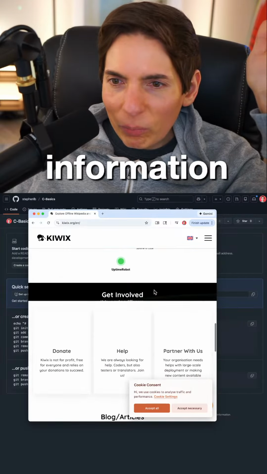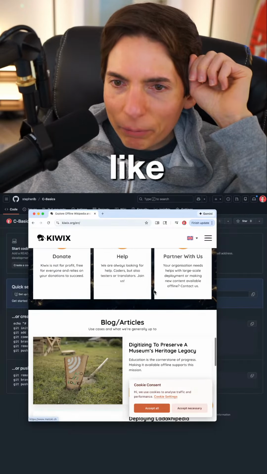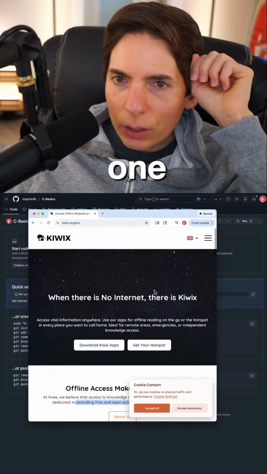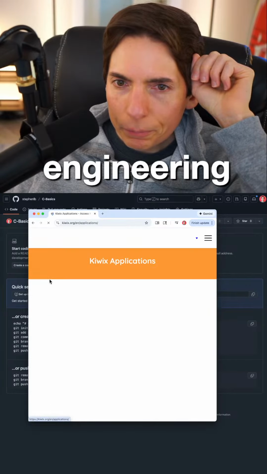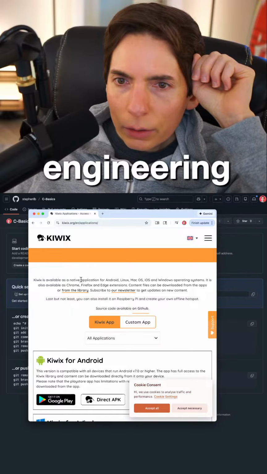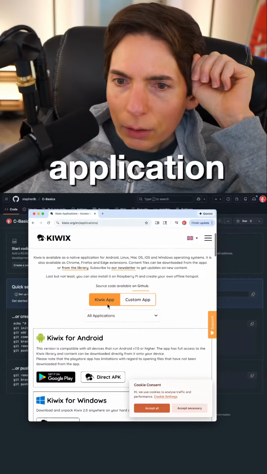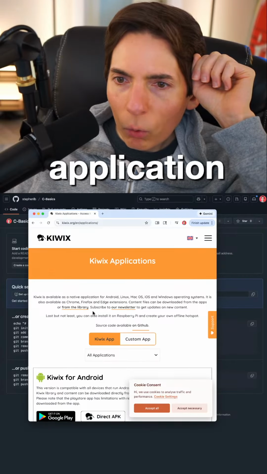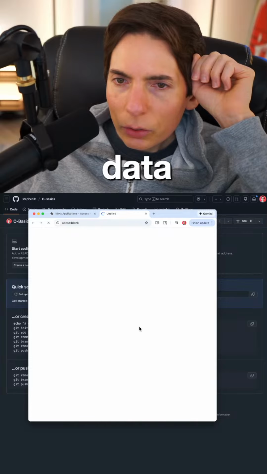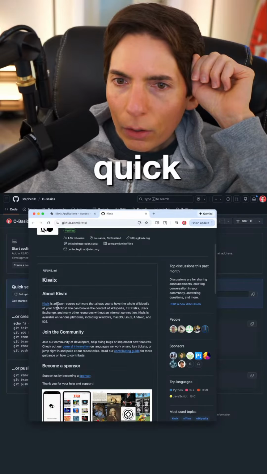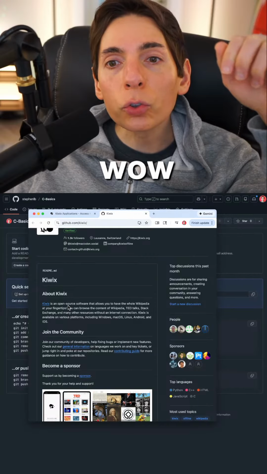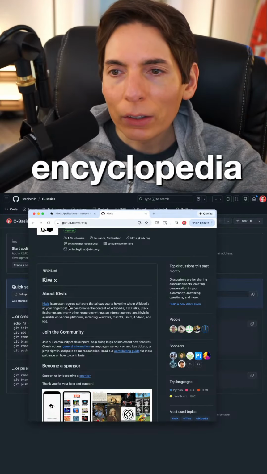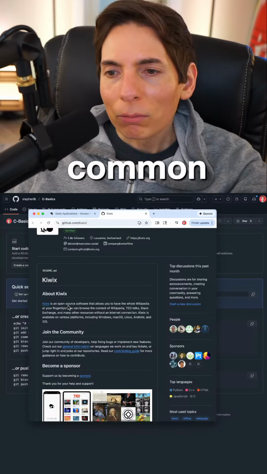Just any information? Like, what is it? Because the other one, SAQ 2000 that you posted, was very specifically for software engineering. Native application. What kind of data? Let's look at GitHub real quick. Physics, math, programming languages. Oh, wow. So it's sort of like an encyclopedia for all common